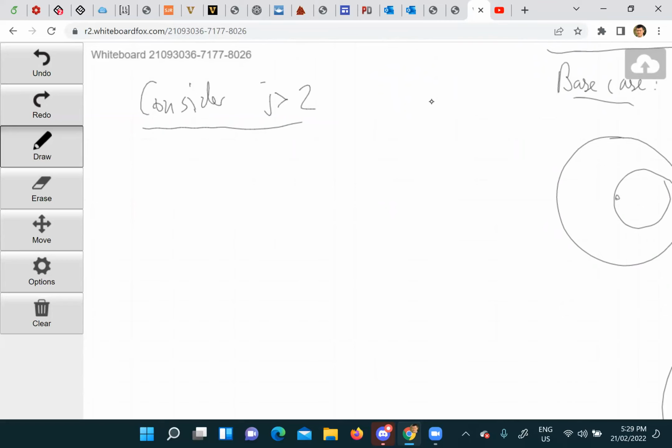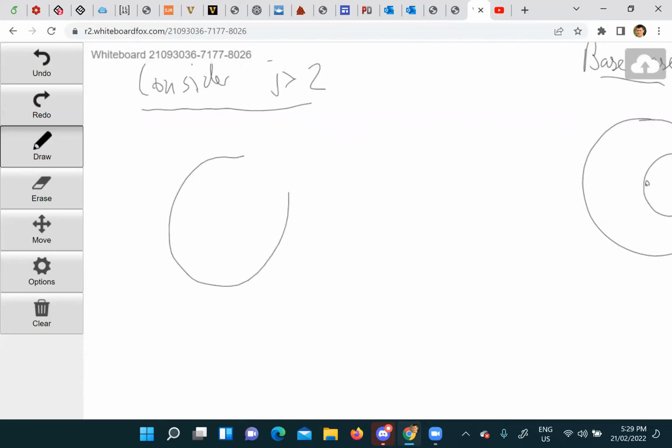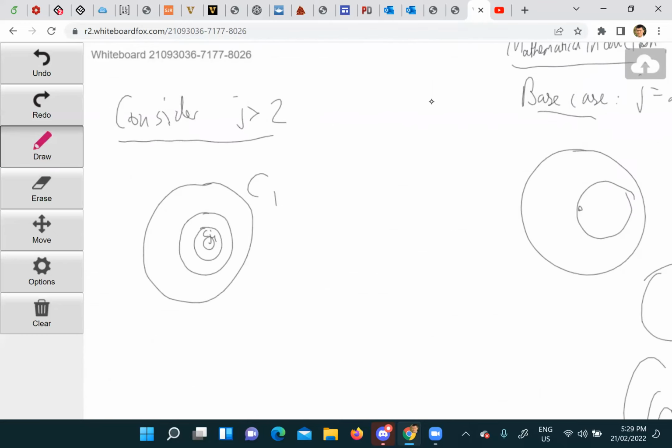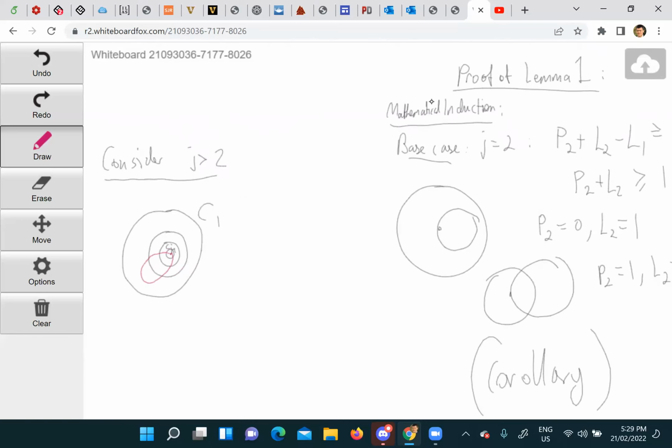So what do you have? You basically have C1, and you have a bunch of things. For example, that's Cj minus 1. And you want to know what Cj does. J is variable, so Cj could come out all the way, or it could come out just a little bit. You see? So what Lj minus 1